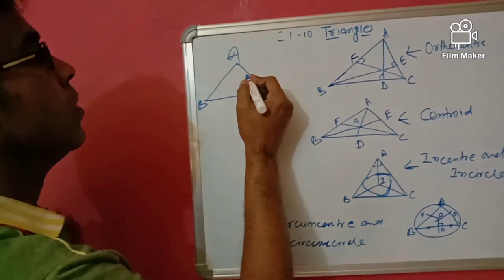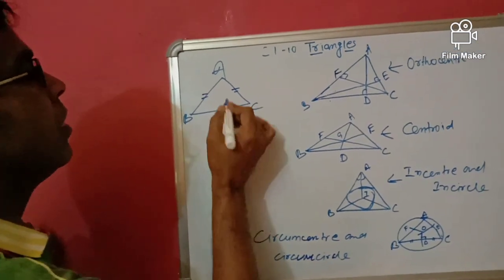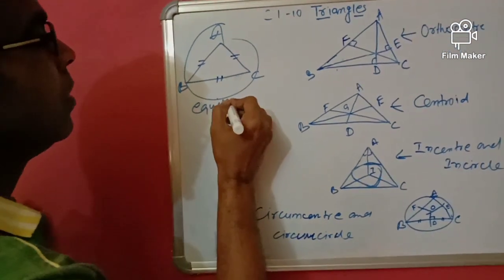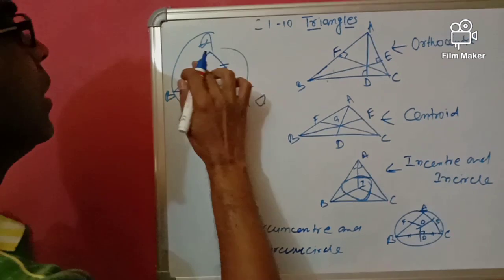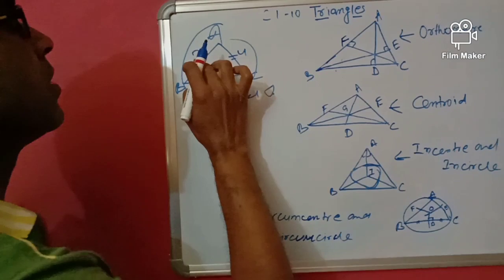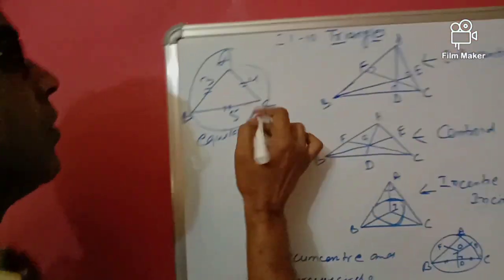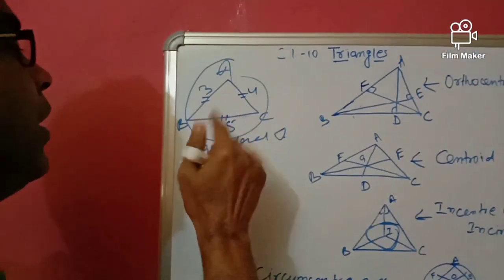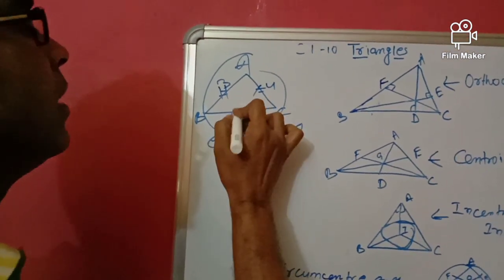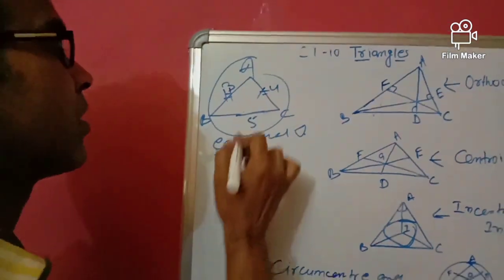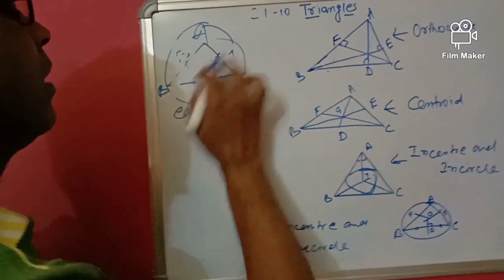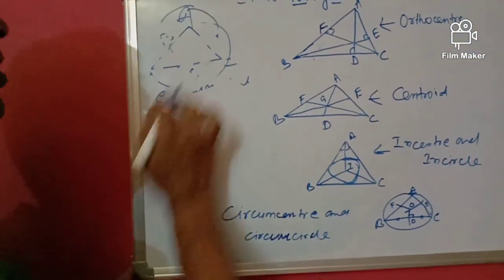And I'm just talking about types of triangle according to the sides. If three sides are equal, then we call it an equilateral triangle. Now, if all the three sides are different, 3, 4, 5 means all the three sides are different, then we call it a scalene triangle. Now, if any two sides of a triangle are equal, then we call it an isosceles triangle. Now, I am going to discuss types of triangle on the basis of its angle.